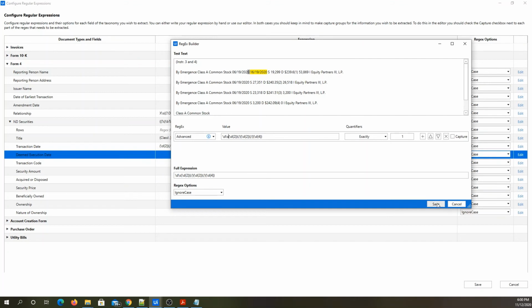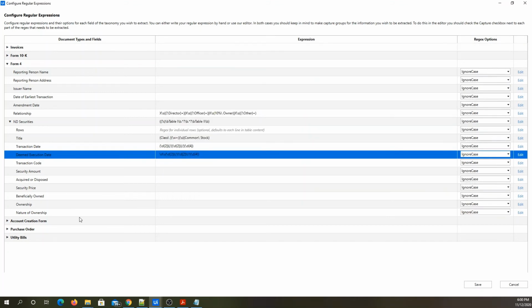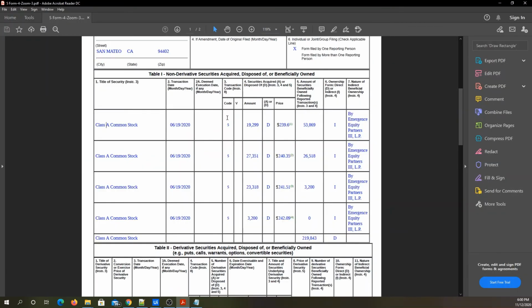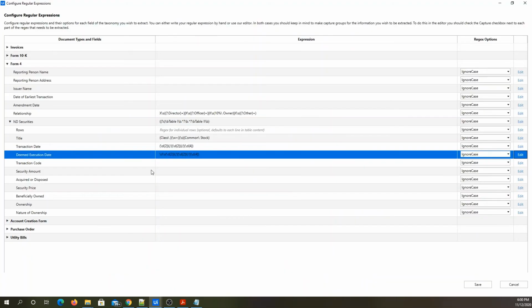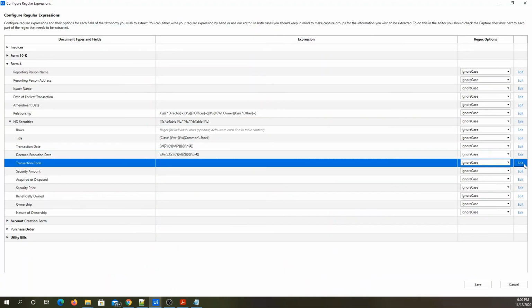And I will save. And similarly, the transaction code. Over here it's a single character. So what we can do is we can simply get over here,